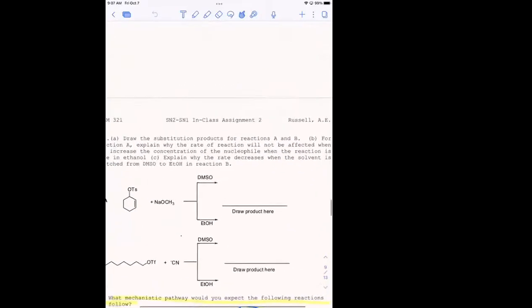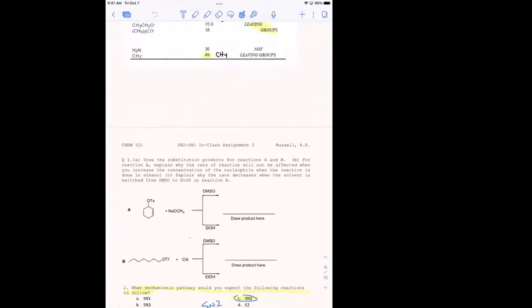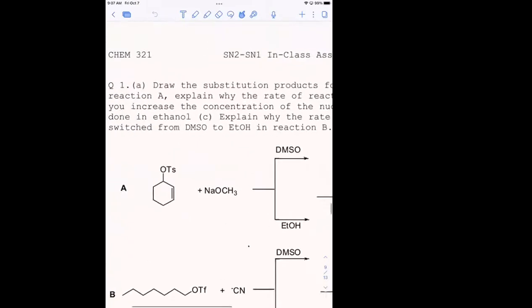So now I want to look at these problems right here, and we're just going to go through and answer the questions. First of all, this is a substitution. We're not worried about the mechanism at the moment. Let's just figure out what the product is. What would the product look like for the reaction shown in reaction A? If I'm doing a substitution, what am I substituting and how does it happen? Not mechanistically, but